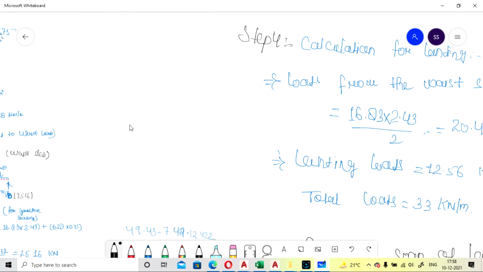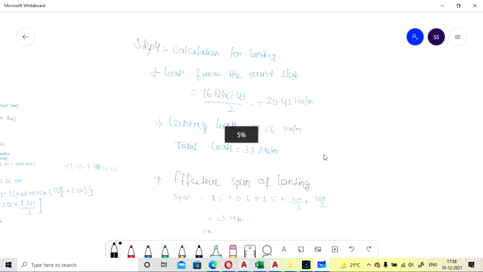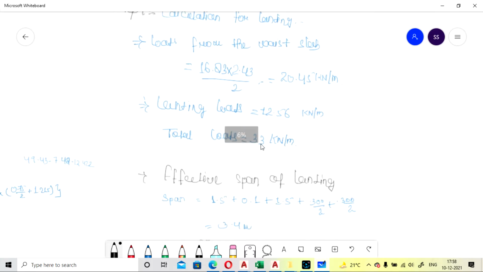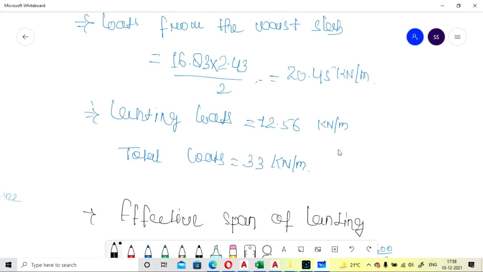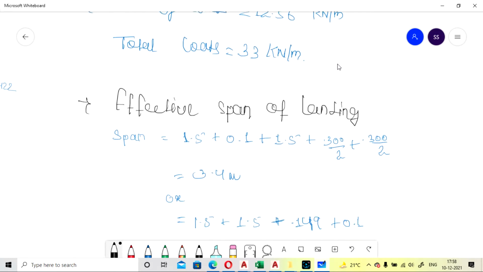In part 1 I have already explained how we calculated the landing load. So the total load for the landing is 20.45 plus 12.56, so it comes as 33 kilonewton per meter.